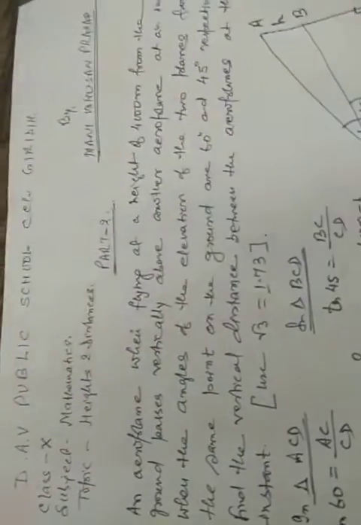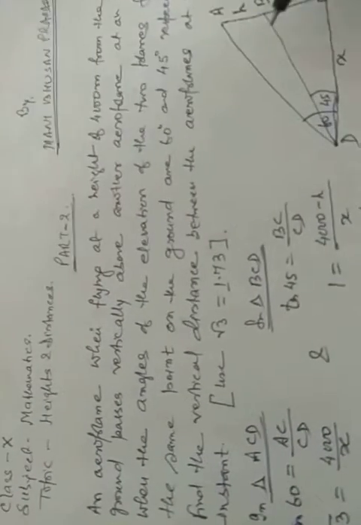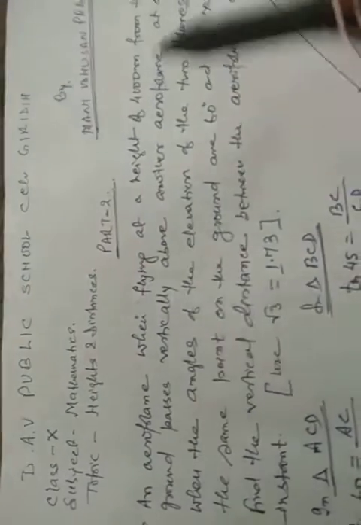This is part 2. We have already done some problems in part 1. Just see some more important problems. Important point is that you have to draw a correct figure. Figure is more important. If figure is correct, only then your solutions will be correct. If figure is wrong, the whole solution itself is wrong. Okay? So be careful for the language. Read the language very carefully and draw the correct figure. Okay, just see now.